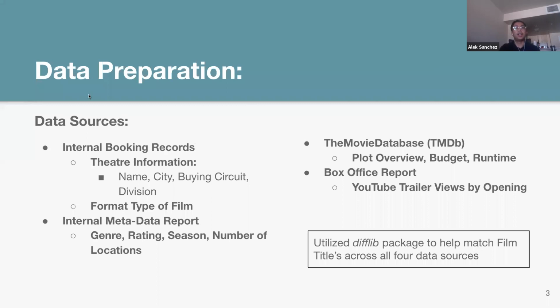The dataset includes a combination of 4 different data sources, 1 of which included theater information, and 3 of which included different types of movie metadata. Some of these movie features included how many locations it played in, its budget, and a count of YouTube trailer views before its opening weekend. This process of matching titles along 4 different keys was one of the biggest roadblocks and challenges I faced for this project. I tried several different methods before getting a match that I liked and was able to associate everything on the same key. From there, I was able to proceed to the modeling process.